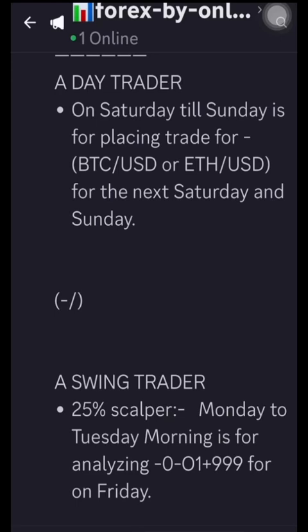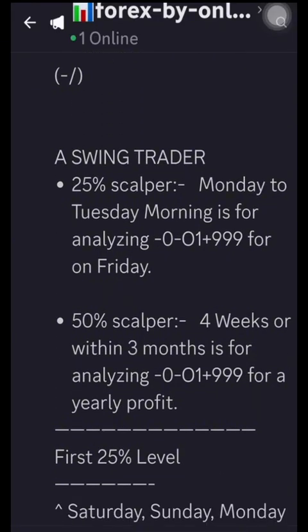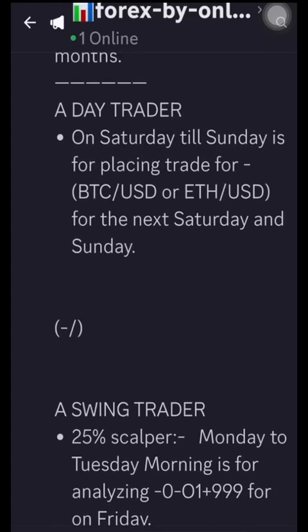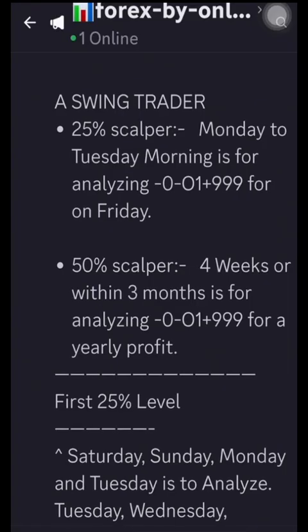You just zoom into 2 weeks. Before you know, you zoom into 1 month. Before you know, I don't know where you get to. Then a swing trader. What I talked about just now is a day trader. Then under a swing trader, we have a 25% scalper. I've mentioned before that